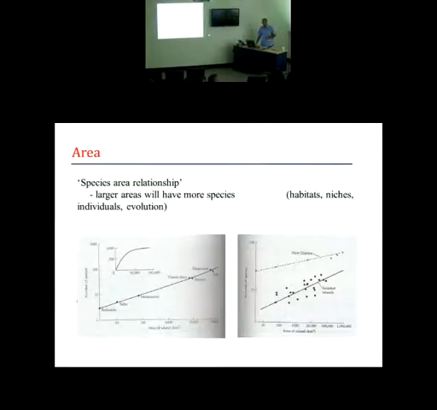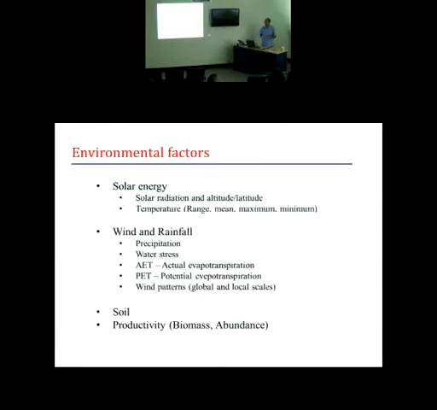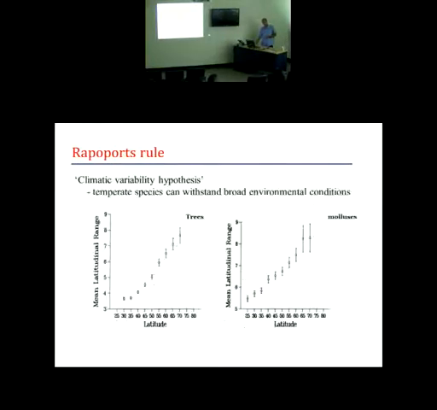There's half a century plus of work on species area relationships. There's half a century or more of work on the relationship between environmental factors, again in broad categories, solar energy, wind and rainfall, soil and productivity, on richness and range. But